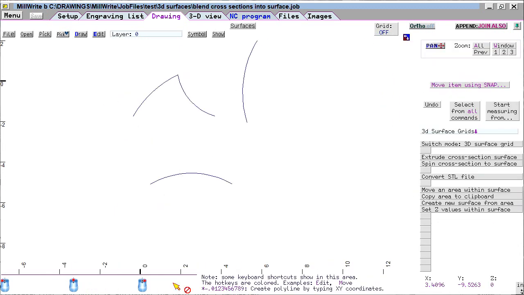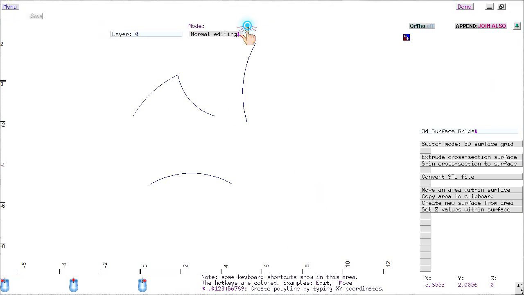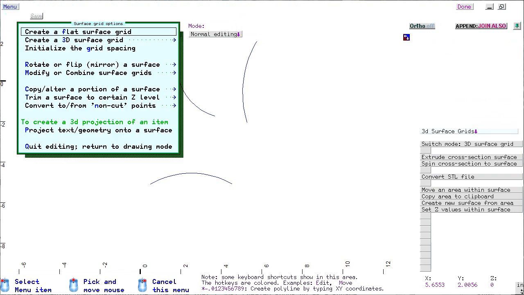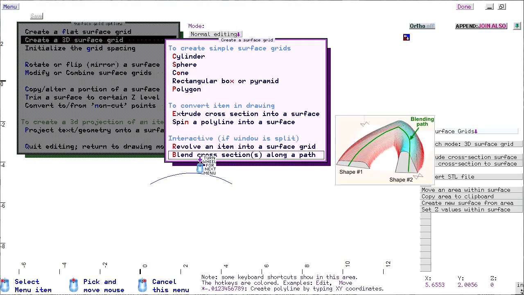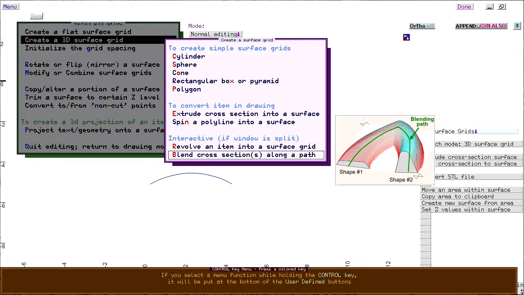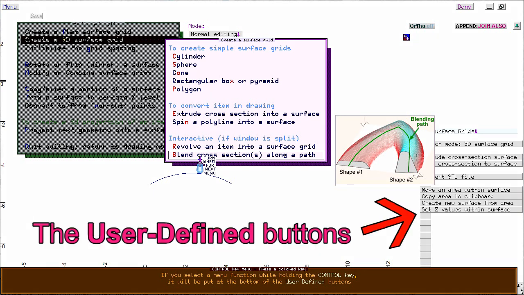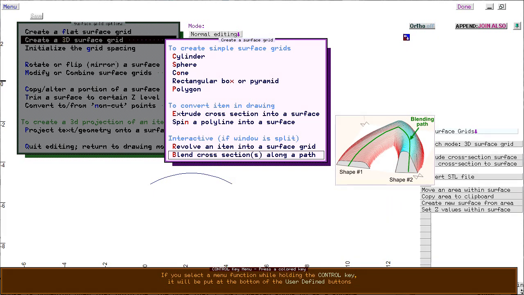Now I click the menu button, but before I click the option to blend cross sections along a path, I will press and hold down the Control key. Notice that a menu appears at the bottom of the screen to let me know that while I am holding down the Control key, whichever function I select from the menu will be put at the bottom of the user-defined buttons. To understand what this means, I will keep the Control key down and then click the option to blend